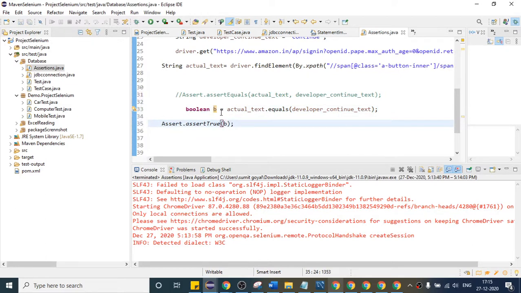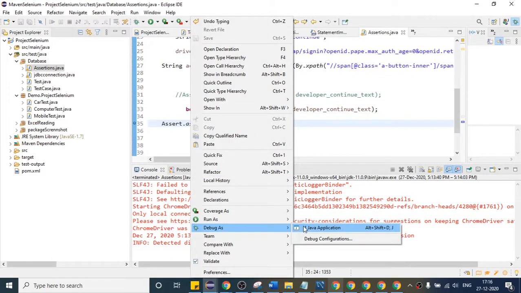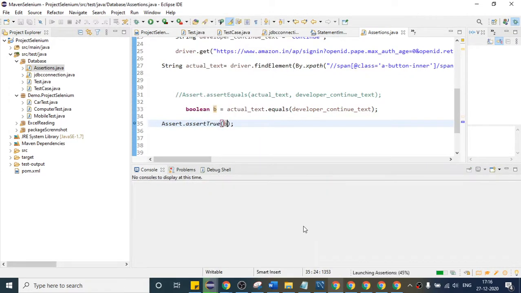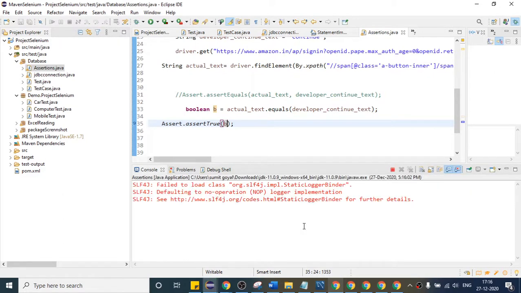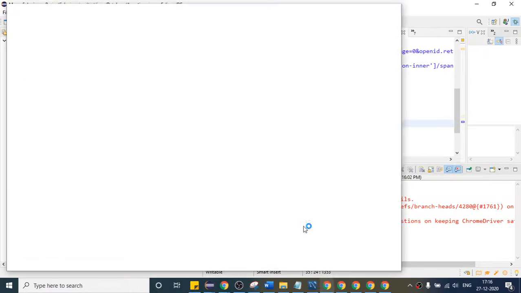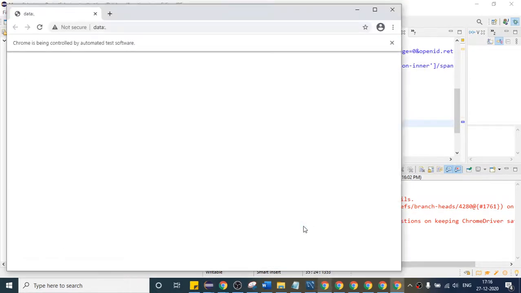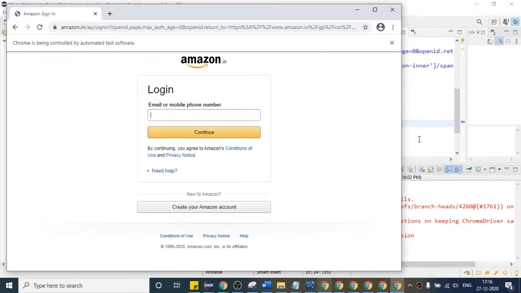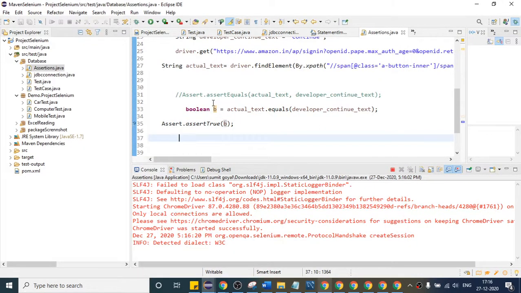If I run this in debug mode, now our code will stop here.